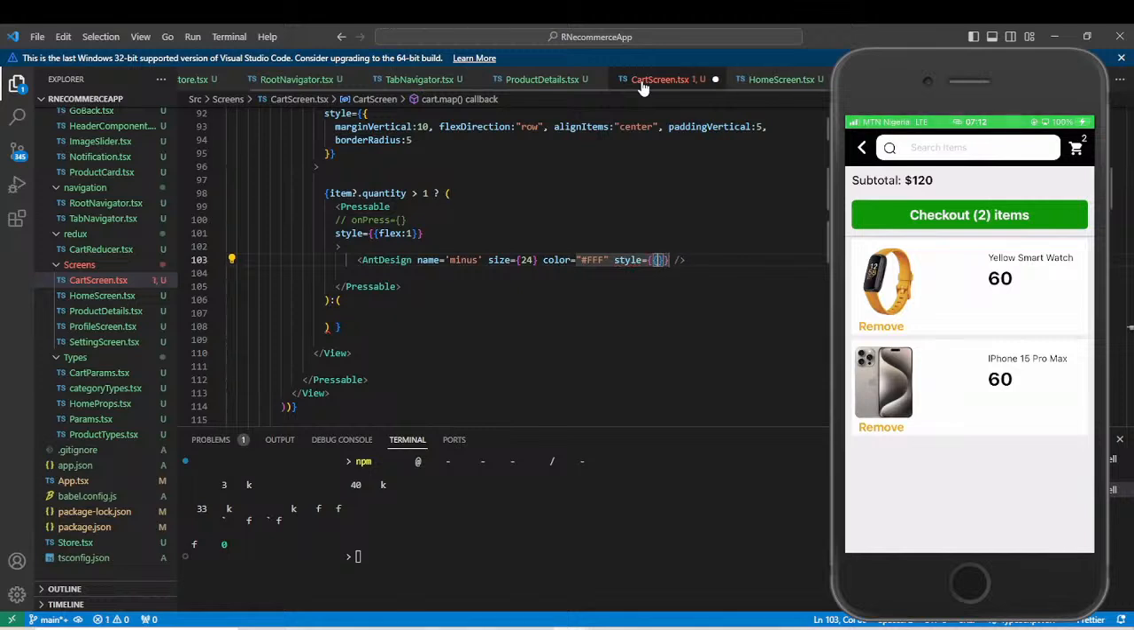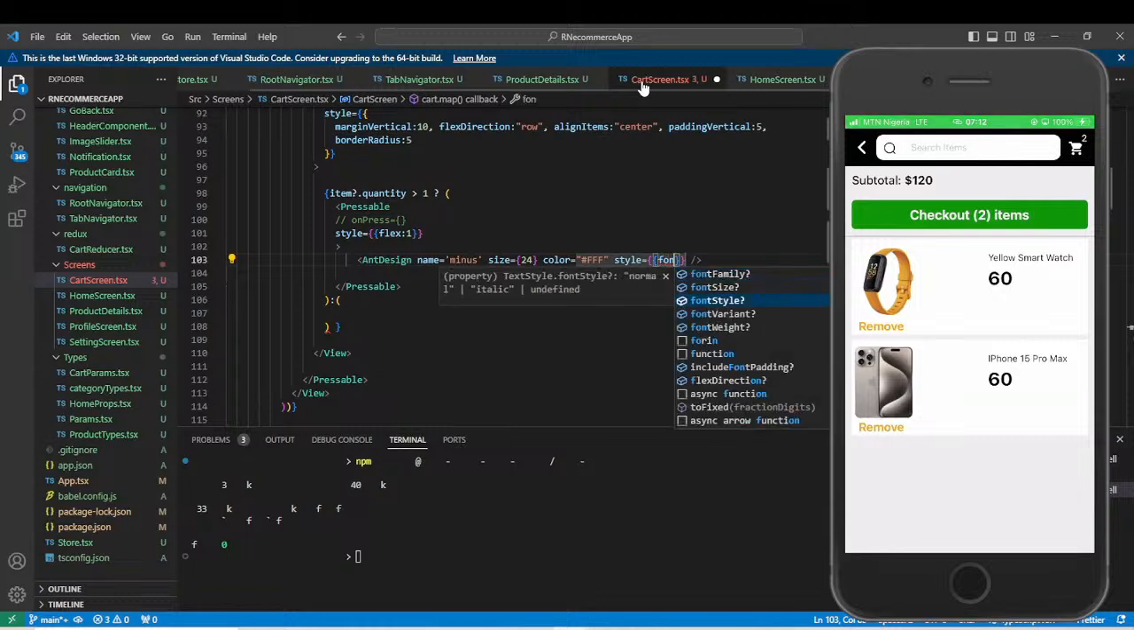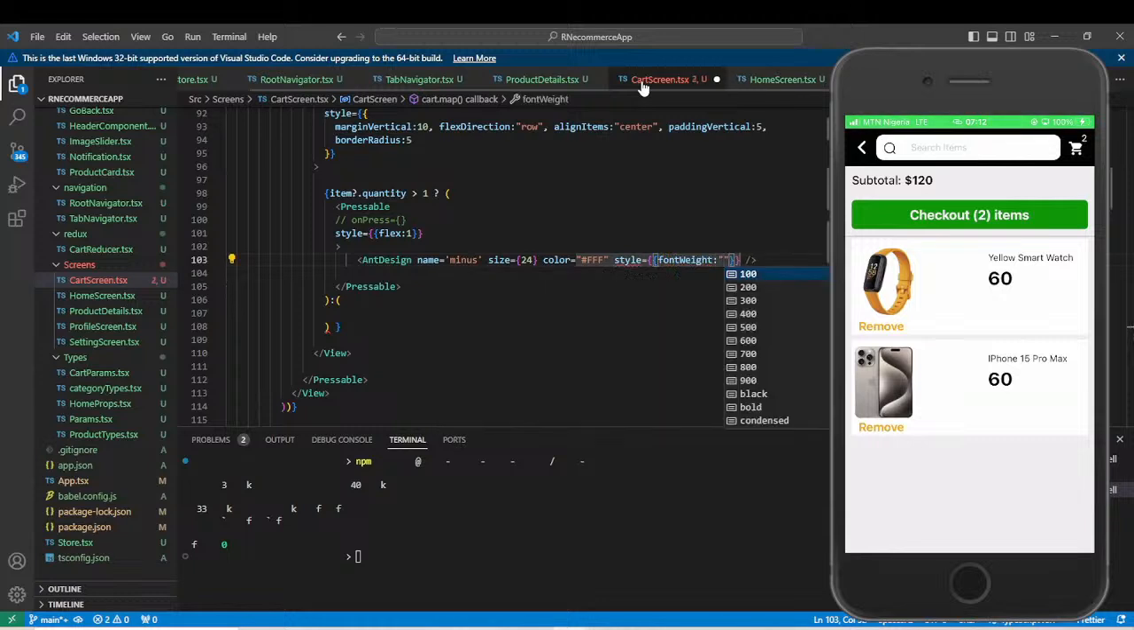And then we want to add another style into it. We need to add font weight. Let's make it font weight bold. So font weight bold. That's it. So that's if the quantity is greater than 1. Else,